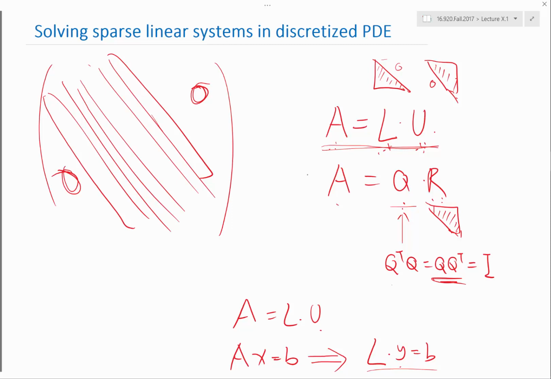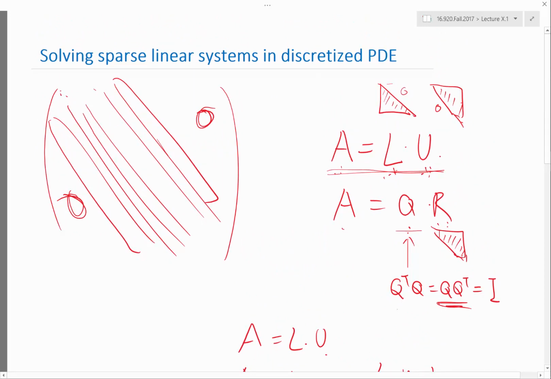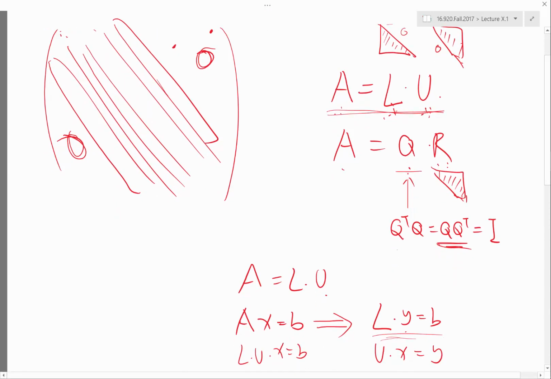Unstructured means you can't predict where these non-zeros are. So the first row may have a non-zero here, the second row may have a non-zero here, and if you use direct methods, very soon your entire L and U will be completely full. I shouldn't say every single entry, because you still get a few zeros in the beginning, but like 99% of the elements will be non-zero. So you can imagine, if that is the case,